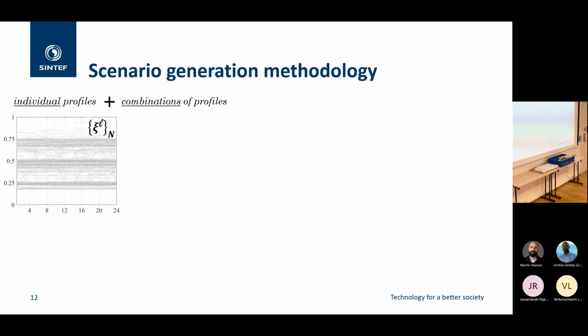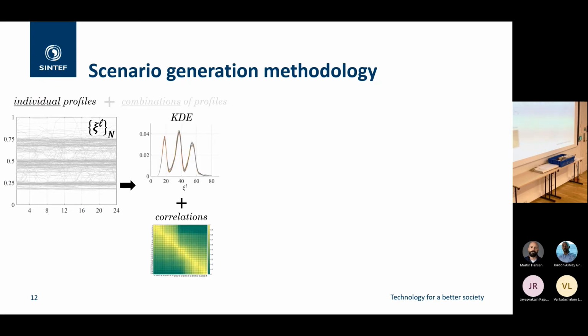What we are trying to do in our method is, first of all, calculate those individual profiles, these random profiles that we have not observed before, and then find a method to combine them. So this is the initial data set for the load that we said for the platform. From that, we can infer some probability distributions with kernel density estimation, for example. And then for each hour, for each time period, we can have a marginal distribution. And then we can also model the correlations between those